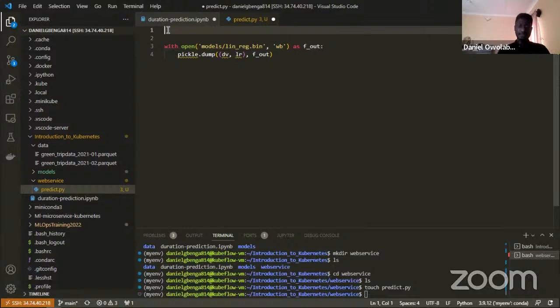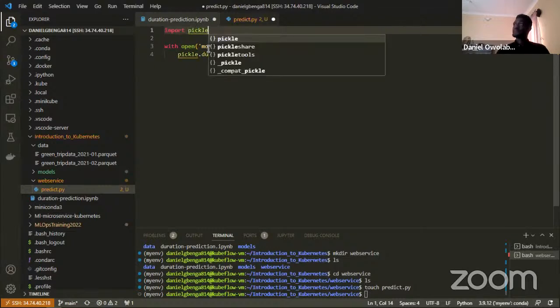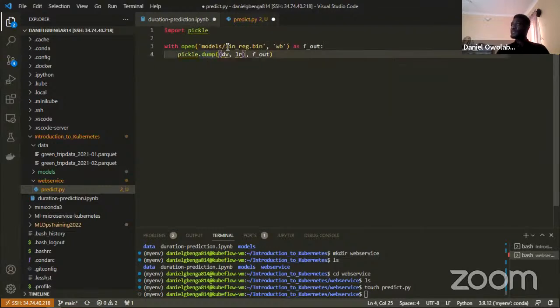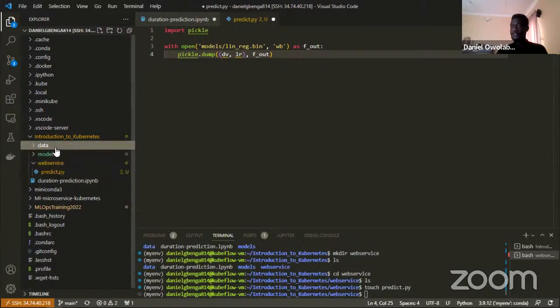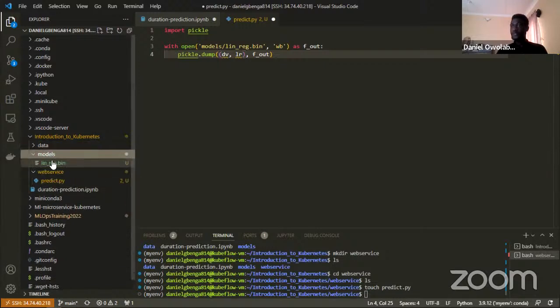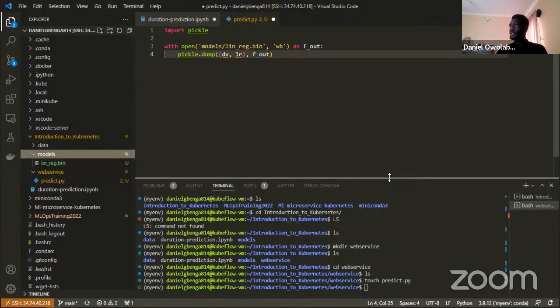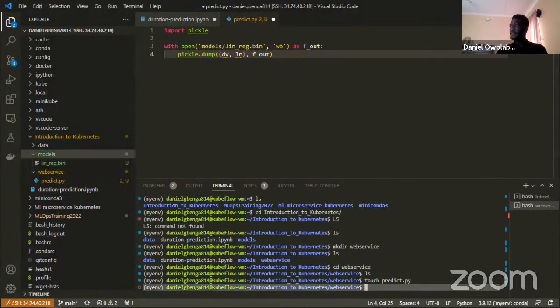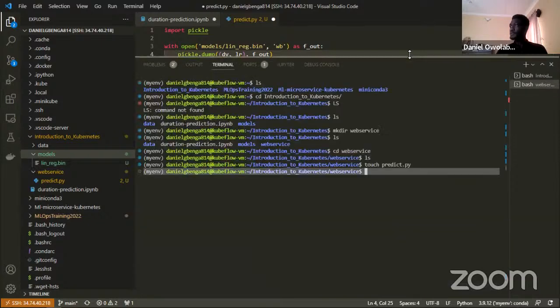It is complaining that it's not seeing pickle, so let's quickly import pickle, right? So we are opening that model, but the model is still in the models folder. So what I'm going to quickly do is come back to my command line,